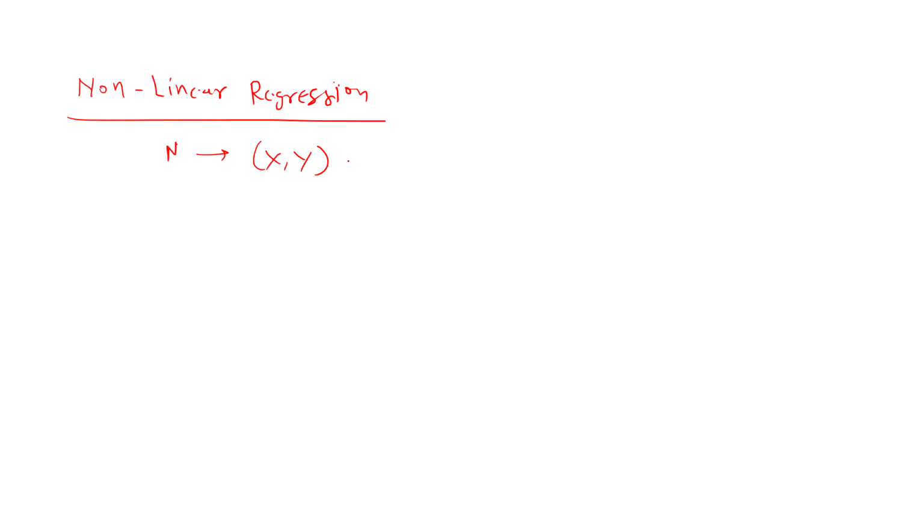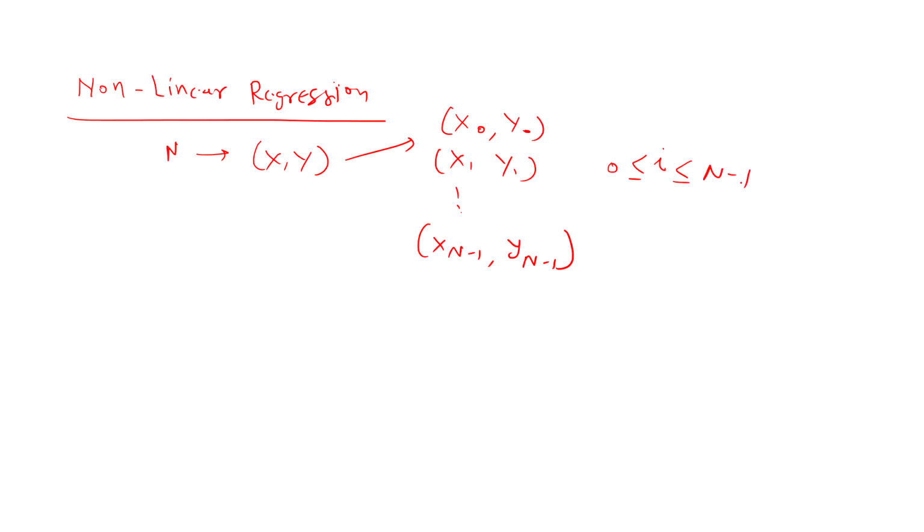Hello everyone. In this video we will talk about nonlinear regression. Suppose I am given n data points, that is capital X and y. So I am given x0, y0, x1, y1 up to x n minus 1, y n minus 1. I am taking a counter i, which is going from 0 to n minus 1. Now I want to find out the nonlinear regression of this data, which is given as y is